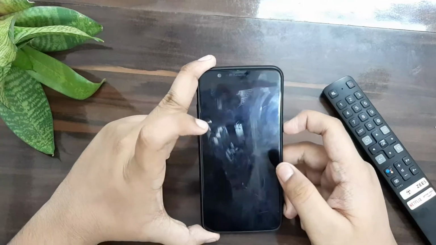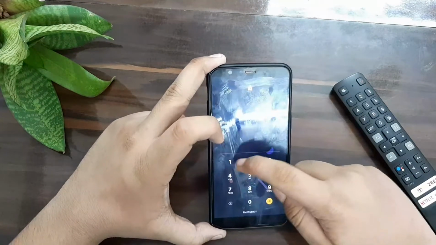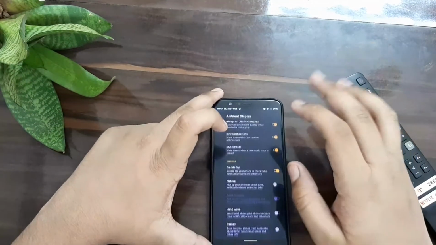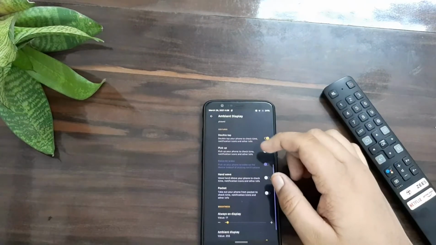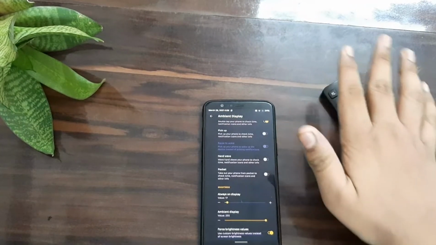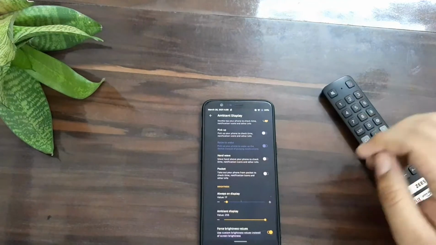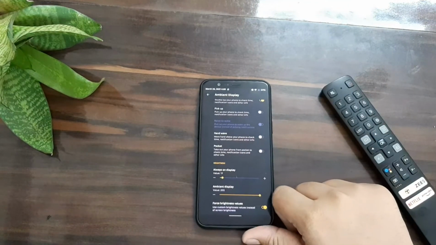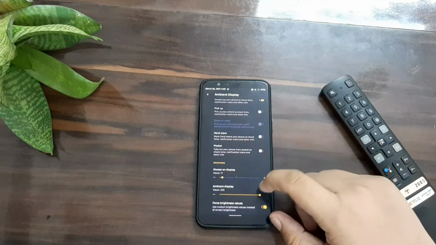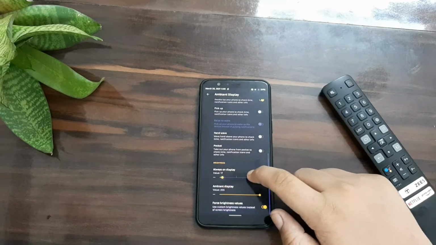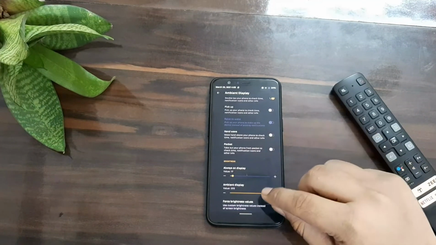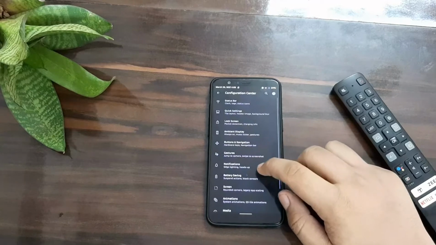So I think the double tap feature is not working on this AOD, but there are some minor bugs here and there, you can ignore it. And you can show this hand wave, it will show your phone on the lock screen. So it is pretty useful, this feature is already on Samsung devices. And you can increase or decrease the brightness level on ambient display and always on display.